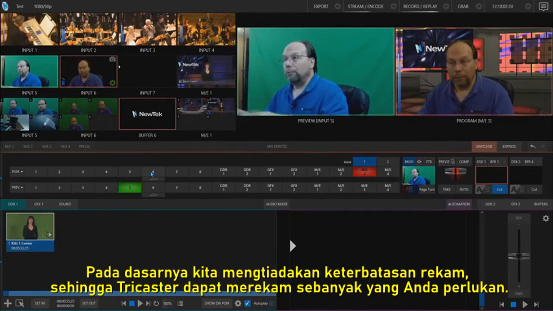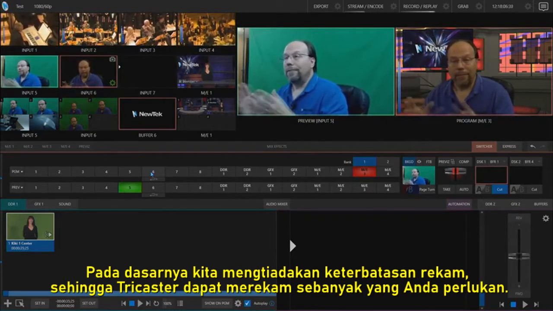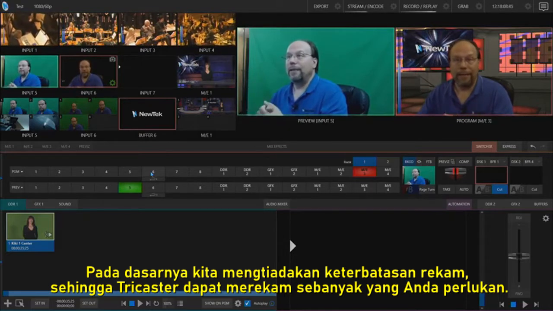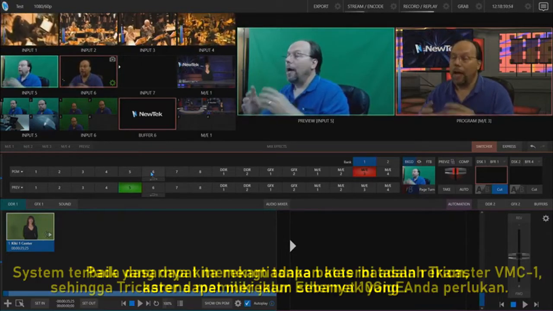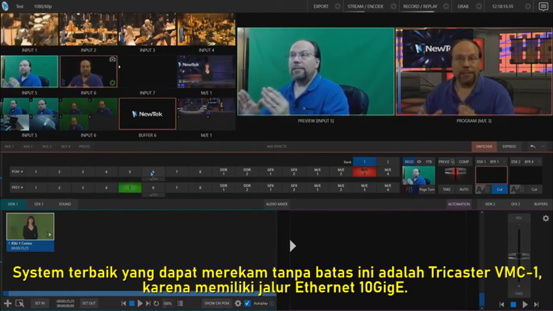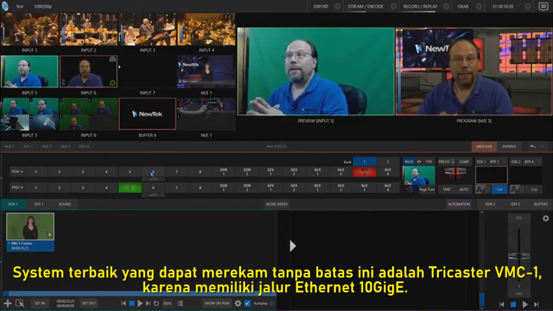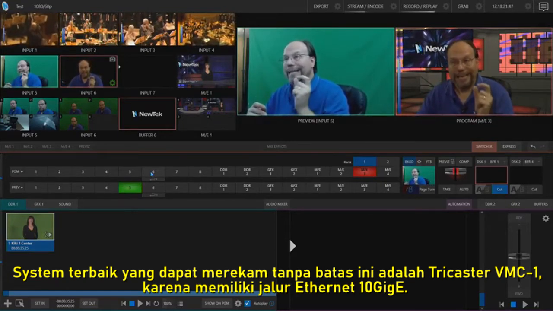So we have basically removed the cap off of the recording capability, and the system can now record basically as many things as you want to try to set it up to do. I do want to take a moment, and for the unlimited recording, the system that is going to be best able to take advantage of this is going to be the VMC1 system, because it's got those 10 gig Ethernet